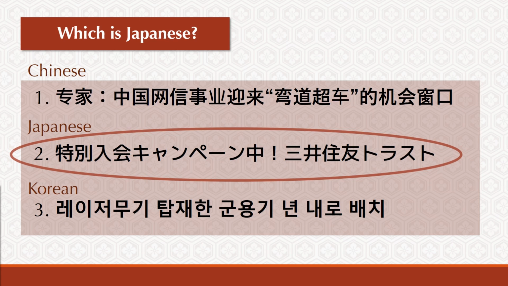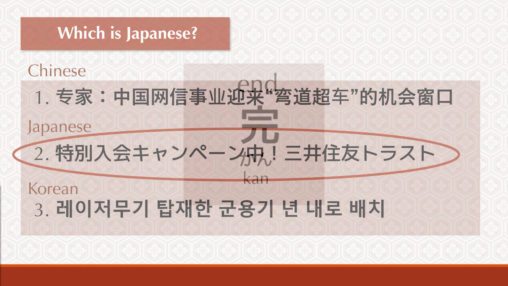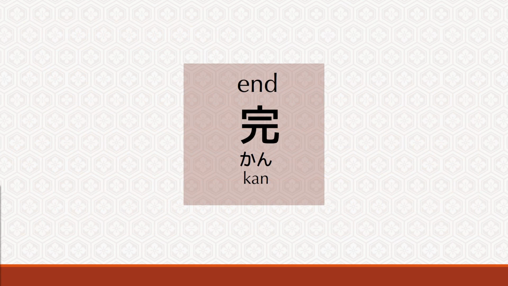Even though both Chinese and Japanese use Chinese characters, the simpler shapes of the kana don't appear in Chinese, because they're uniquely Japanese after all. And the Korean Hangul writing system looks totally different from both of them. I hope that this introduction into the very basics of the Japanese language and its history has been interesting, and I hope that it will inspire you to consider studying Japanese in the future. Yoroshiku onegai shimasu.